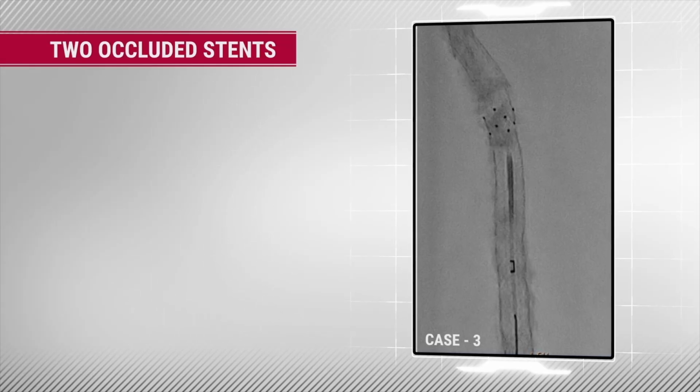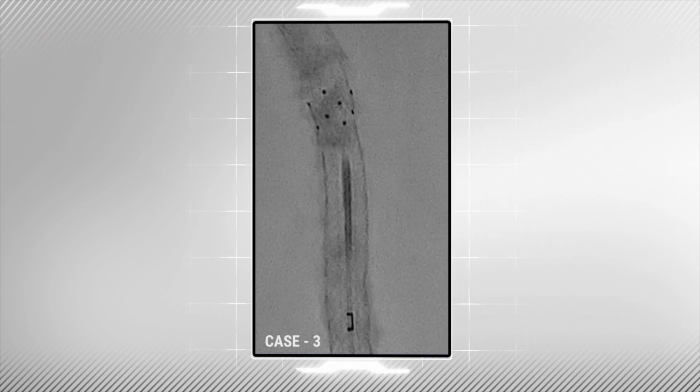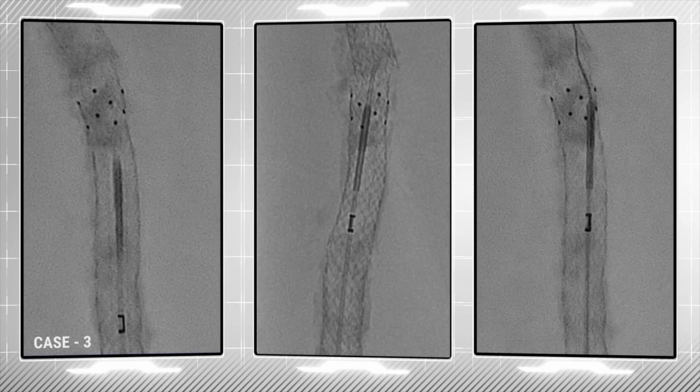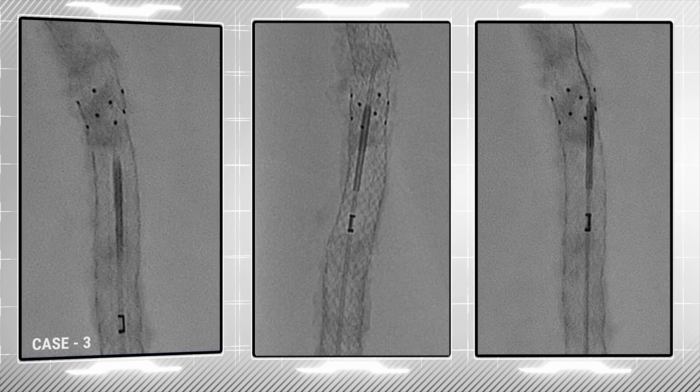In the third case, we see two overlapping stents. It is evident that the overlapping area is heavily occluded. Using a retrograde approach, the clinician pushes the BeBack through the dual stent occlusion, enabling the guide wire to advance